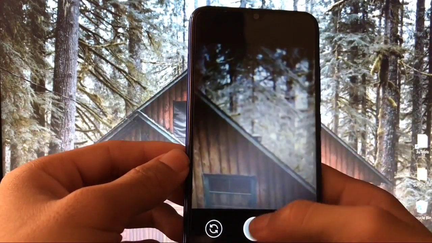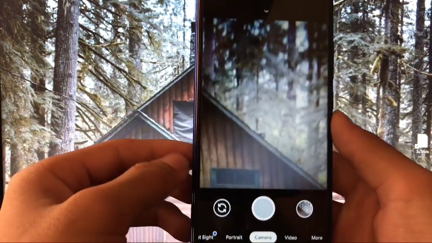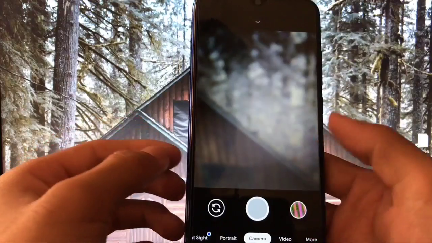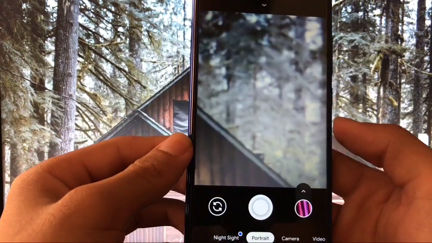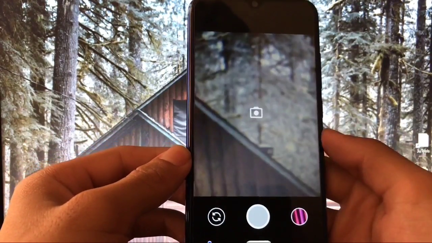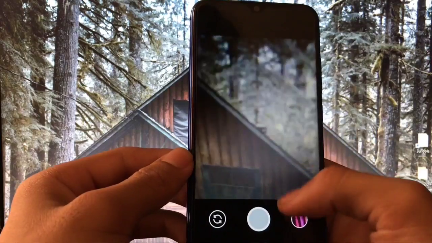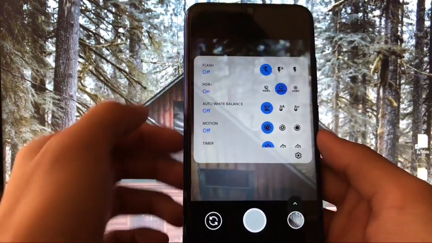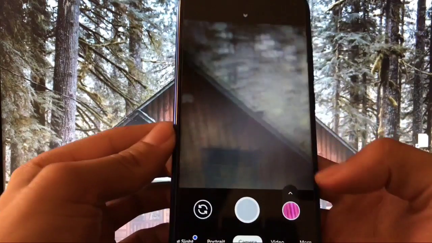Let's move further and check out Gcam. This is Gcam 7.3, which is working very well. Portrait mode, camera, video, everything is working. And sorry, here you can see portrait mode is not working. But wow, why is this not working? I don't know. When you click normally, photos are working. If we talk about using HDR+, these are clicking like pink.